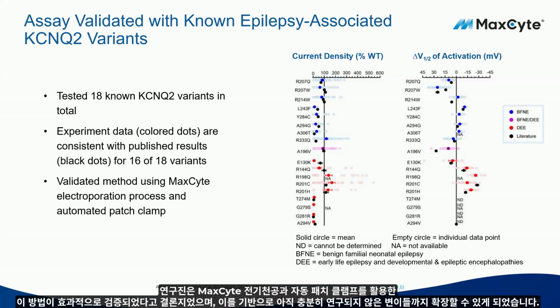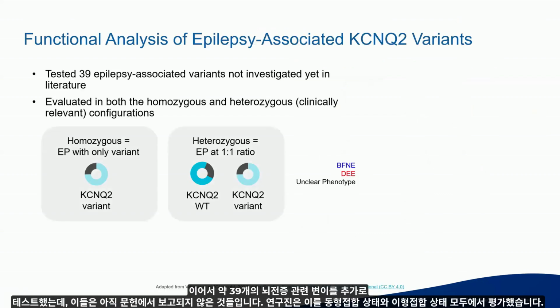And so overall, the authors are very happy with how it validated their method using this MaxCyte electroporation process as well as some automated patch clamp. And so now that we were able to match literature values, we can now look into variants that aren't as well studied. In these graphs, they tested around 39 different epilepsy-associated variants, but these haven't been investigated yet